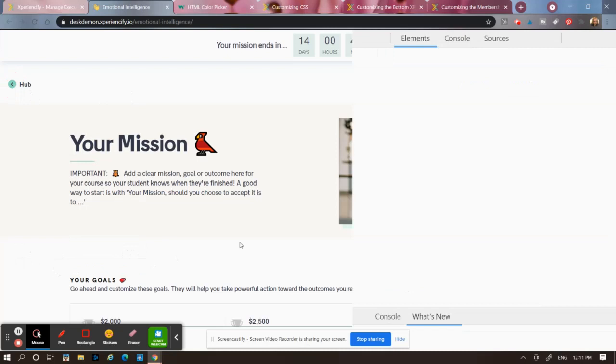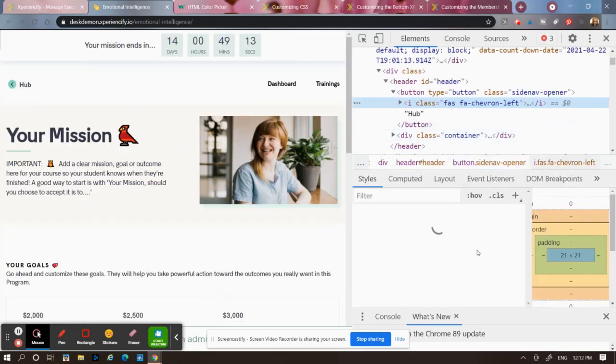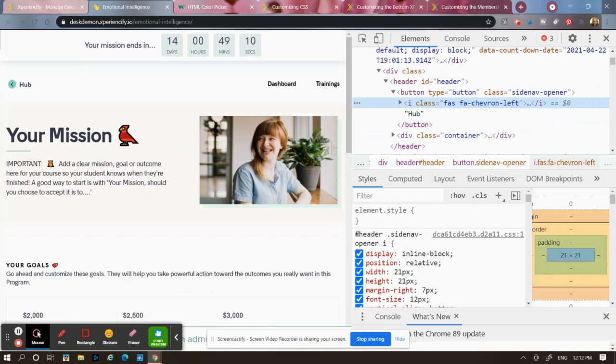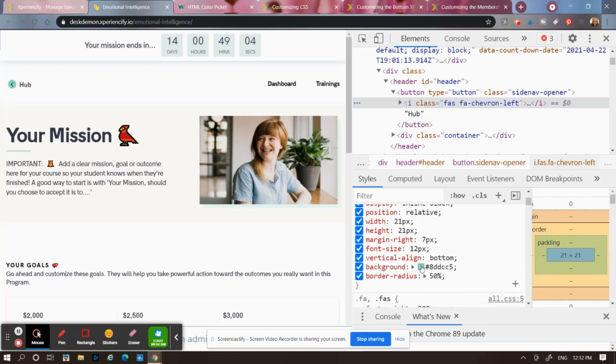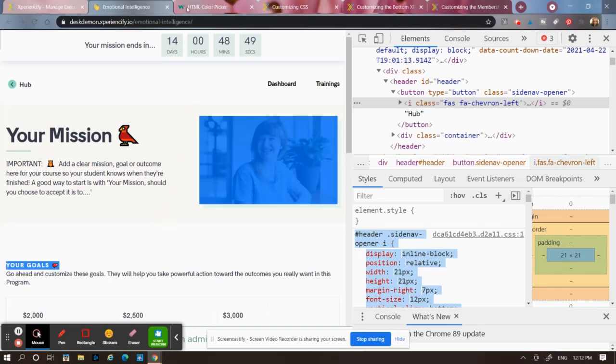Then when you go to inspect, you wait till it loads. You see here, and there goes the coding you need. And there goes the color. And I'm going to copy from this little thingy, I forget what it's called, all the way to there. Copy the whole thing. And then I'm going to go to, do I have the